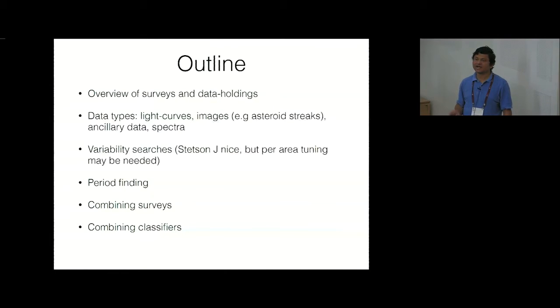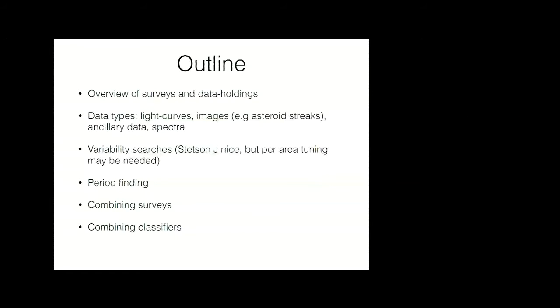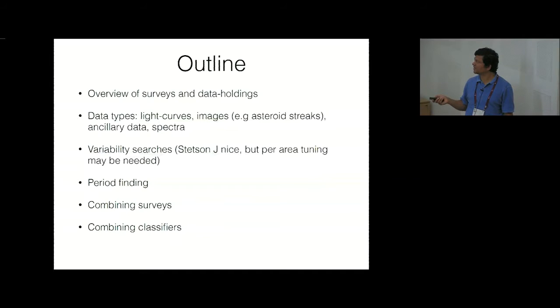Variability searches: if one is looking for variability, only a small fraction of astronomical objects are variables, and if one wants to find them early, how can one go about doing that? Different people use different things. We have found that something like Stetson J is useful, but then you cannot use it as a single parameter over the entire data set. So using specific data sets and specific techniques, but then being able to combine them in a homogeneous fashion, is going to be a big challenge, especially when we have very large data sets.